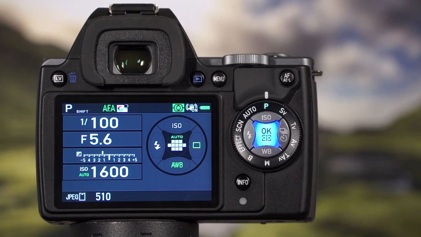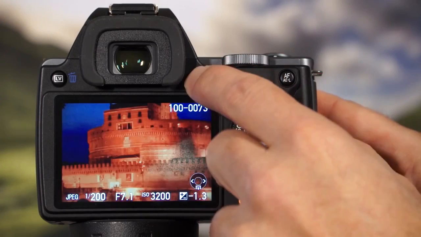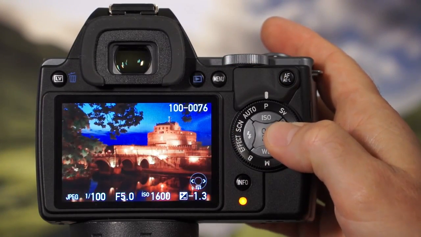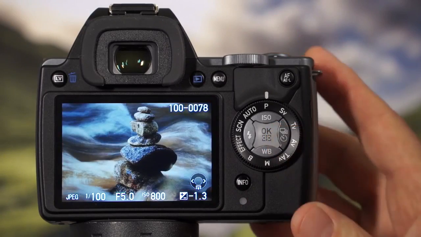Now let's take a look at the back of the camera. The most prominent feature is the large LCD monitor. This screen serves several purposes. First, it displays images that have been taken. After the playback button is pressed, you can use the camera's four-way controller to scroll through the images on the